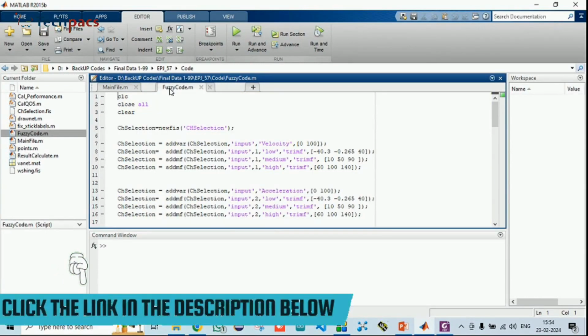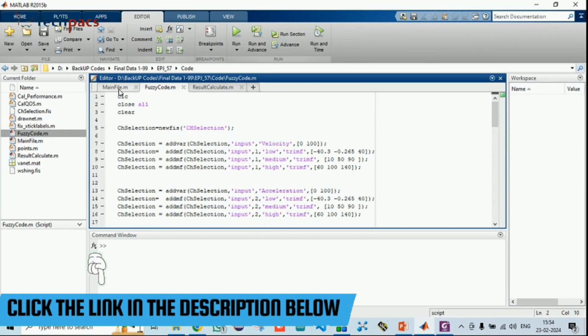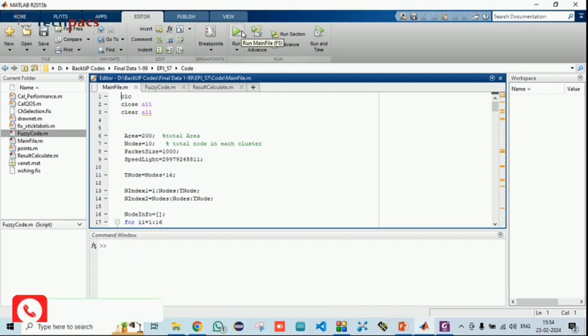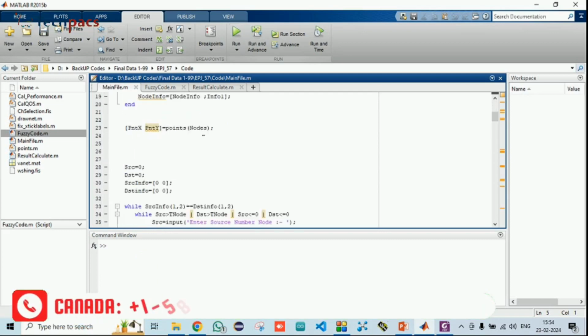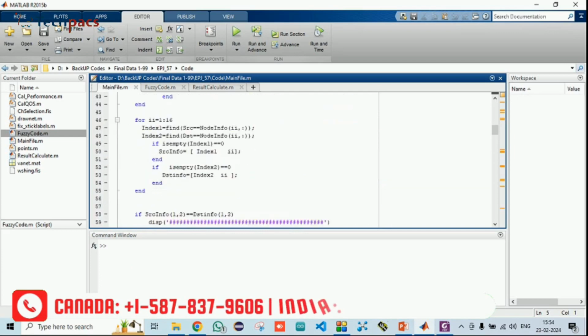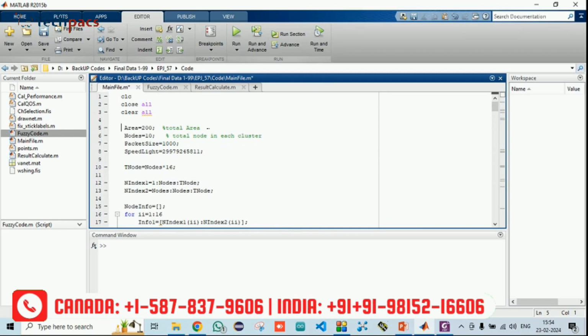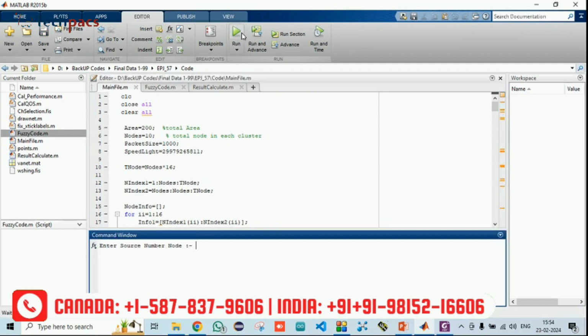So I'm sliding it to the side. So this is the main file. When we go to the main file, in order to run it, we just need to click on the run button, and it will start executing the code. So let's see what exactly is happening in the system. You just need to click on the run button and it will start